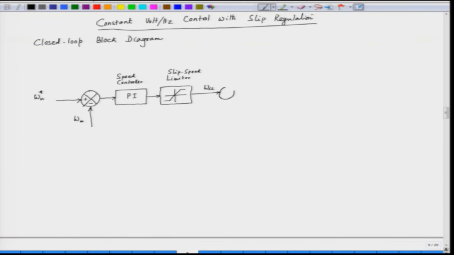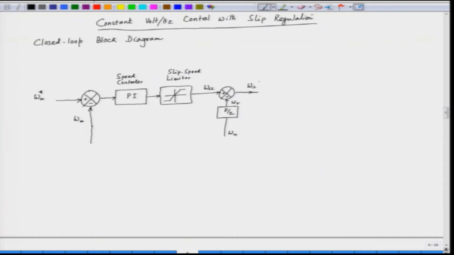Now, this is added with the rotor speed, the electrical rotor speed. So, we have to multiply by a factor of the number of pole pairs. This is omega m here, and this is omega r. Omega r is the electrical rotor speed. When we add this omega r with the slip speed, we get the synchronous speed, which is omega s. So, this synchronous speed, omega s, is the electrical variable.